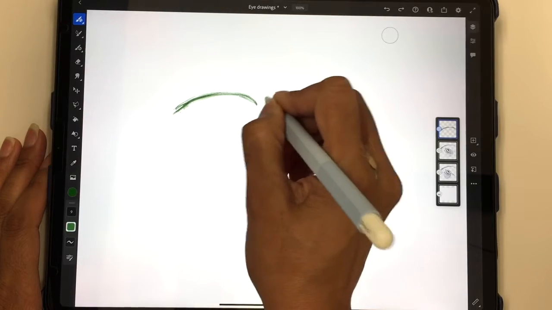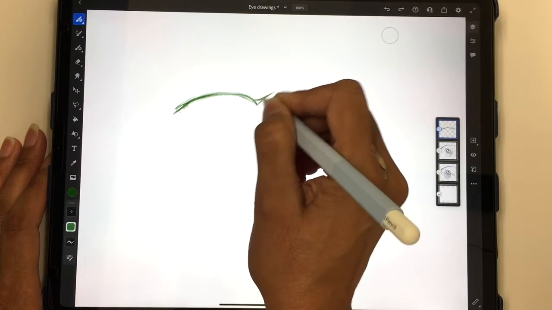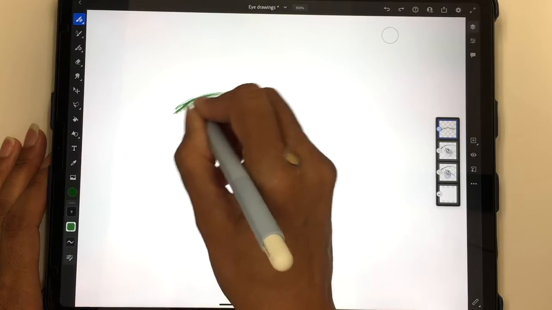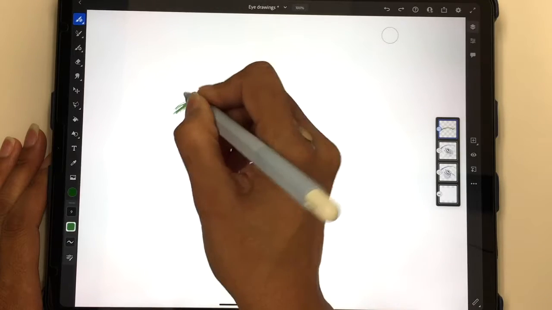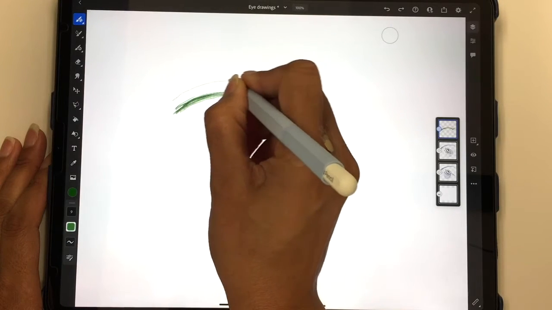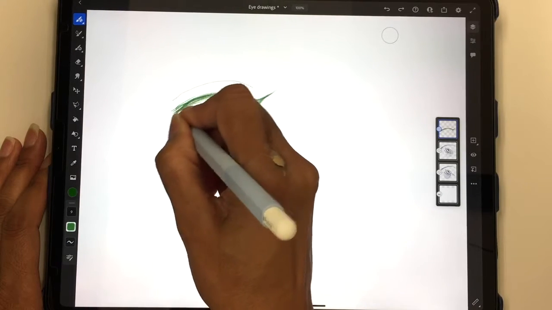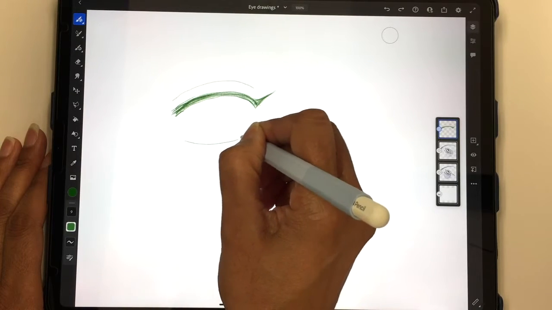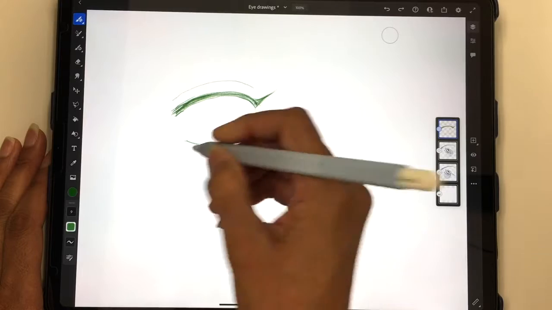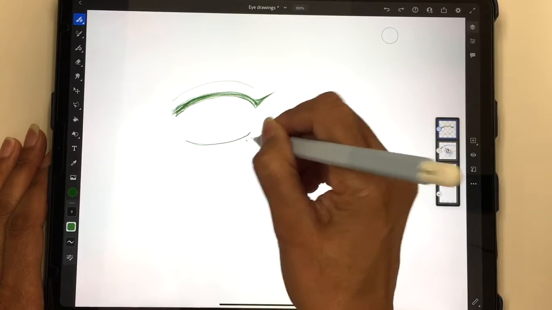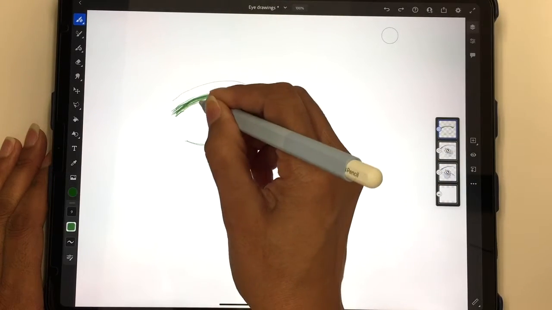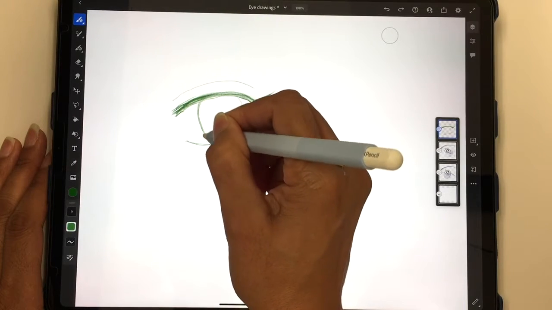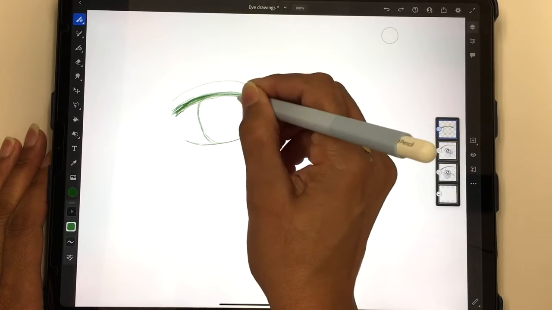I tend to draw a lot of female characters, so we're going to make this a female eye. And like I said, it starts off very similar to the simple eye, but you're just kind of adding even